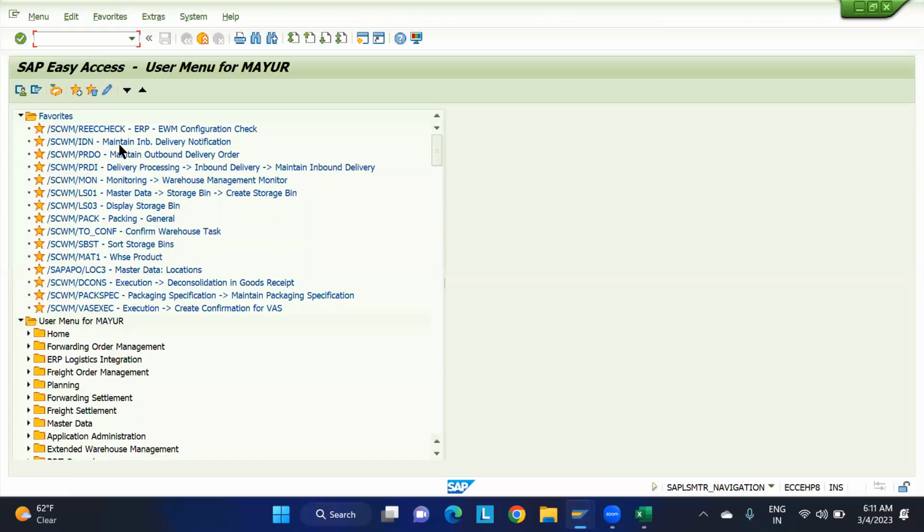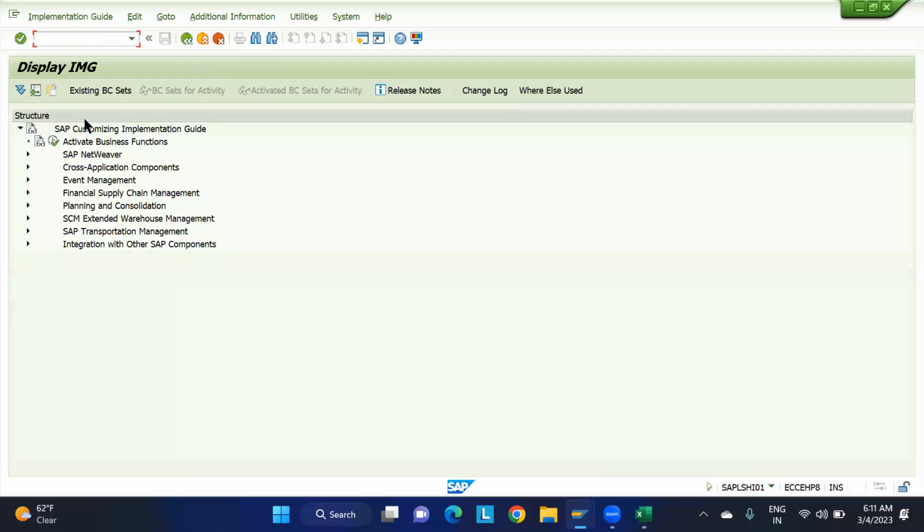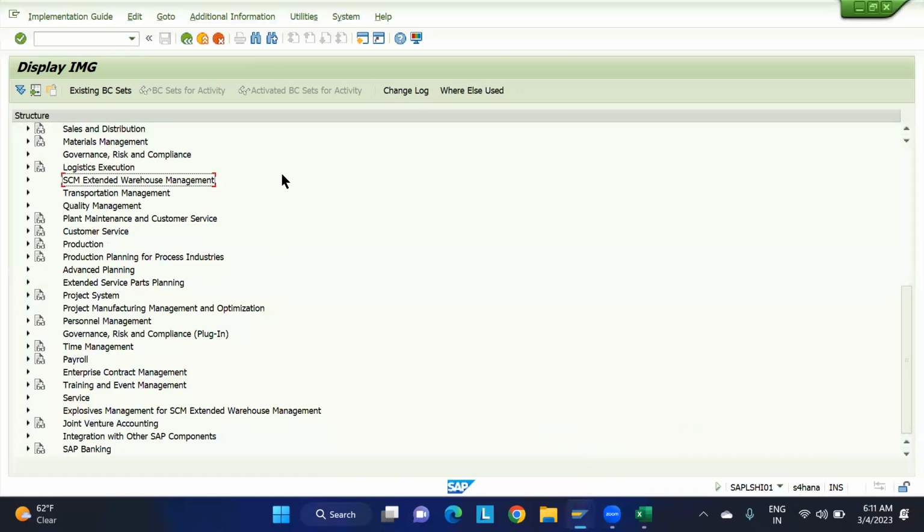Here you can see, if I go to the SPRO and IMG, only these many nodes are available, because this is only going to take care of the EWM concepts. It is going to take care of the EWM parameters. Here also we'll be getting the SCM, Extended Warehouse Management, but in our embedded system everything is in the same instance. So when I go through this, Extended Warehouse Management,